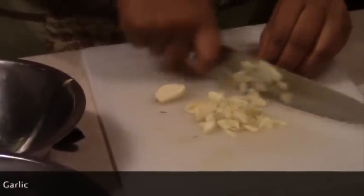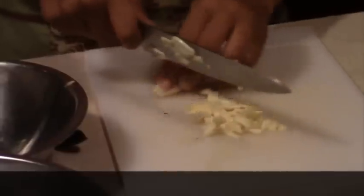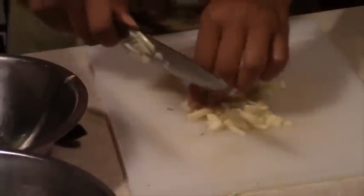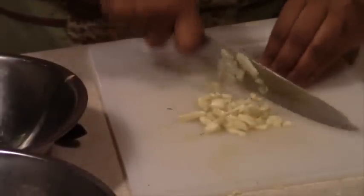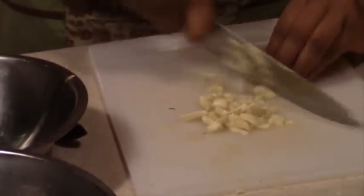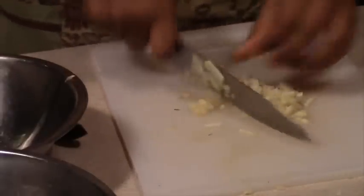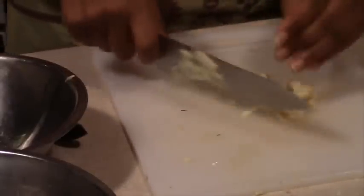So what you're doing first is you're taking the garlic and slicing it down, because then you'll go back and chop it and then mince it. So take each piece. We push them together and just kind of